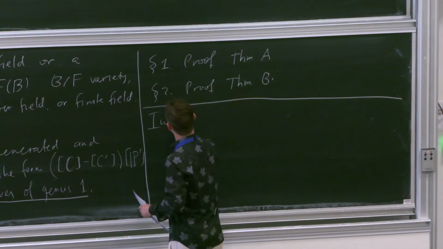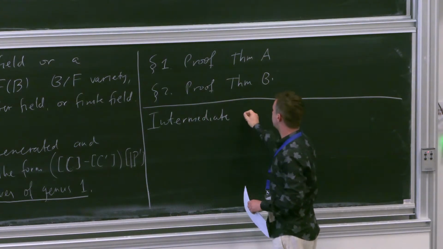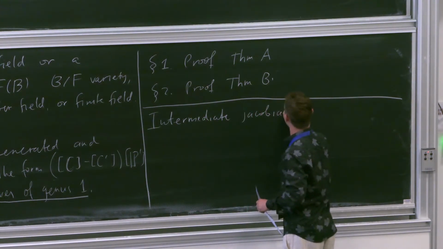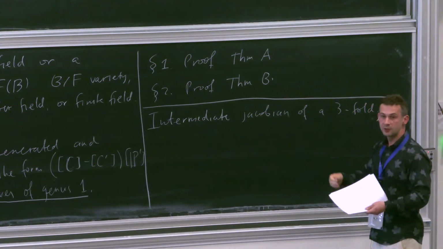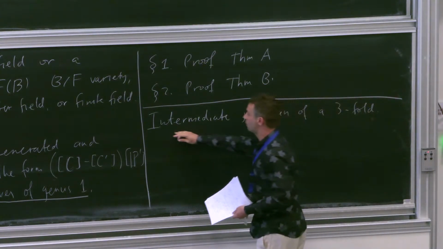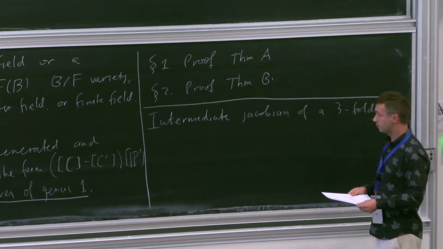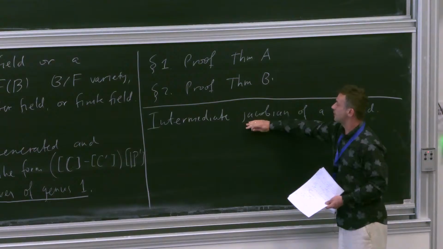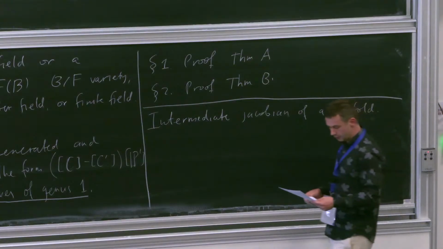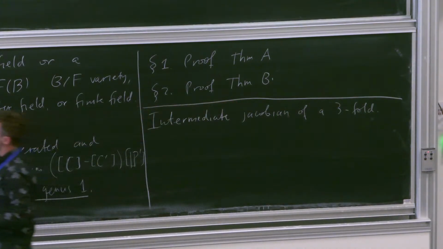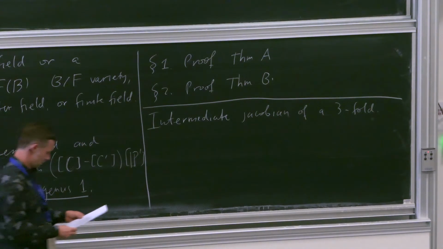So I'll have to introduce a certain ingredient for this part called the intermediate Jacobian of a threefold. And I'll explain it in some detail. It uses some Hodge theoretic input, but it's a standard thing one does in algebraic geometry. So a certain abelian variety attached to my threefold. And I'll need to explain this, and it will allow us to solve this problem about canceling curves that I blow up and blow down.